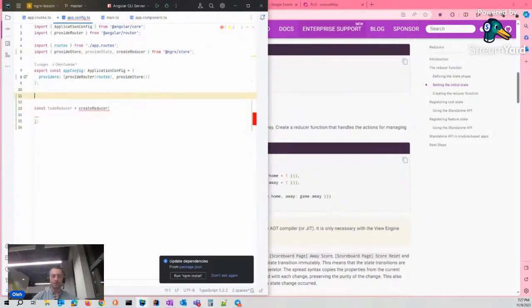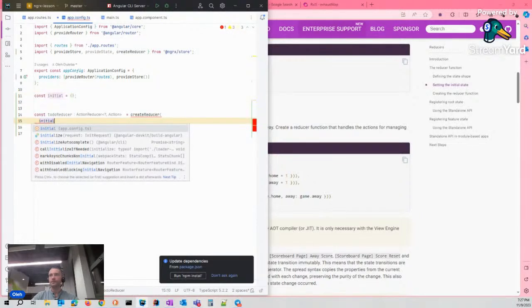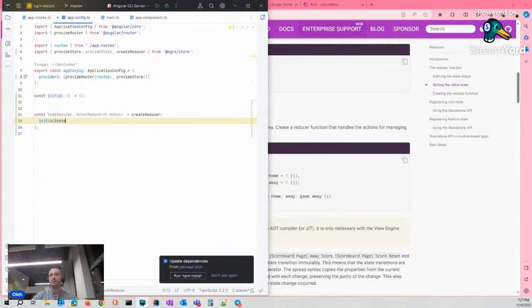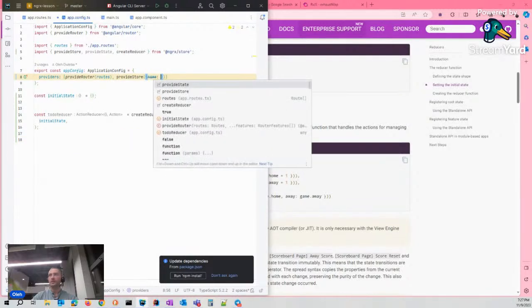Okay. Initial value, initial state, the empty object for now. Okay, and write it here.